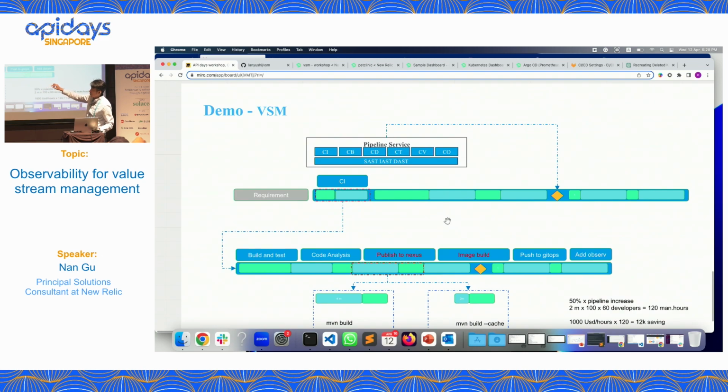Ignore the Jira part because we're not ready to demonstrate creating a requirement and then accepting the task. Just starting with a pipeline, starting with CI, right? The CI can break down into 6 different steps: build, test, code analysis, push to Nexus, image build, and then the GitOps. And then the last step is adding the observability.